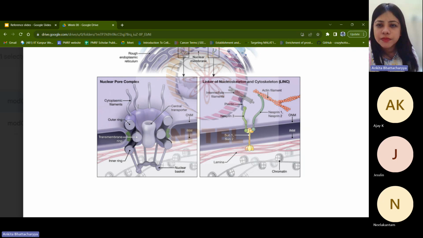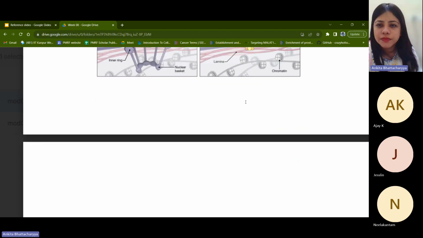On the right hand side, what you can see is the nuclear skeleton and cytoskeleton, which is being linked by the LINC complex. On the nuclear side, you can see the nuclear lamina, which is being connected by certain proteins like SUN1 and SUN2, nesprin, plectin, etc., to the actin filaments or to intermediate filaments within the cell. This is a little bit of extra detail, but if you want, you can remember that the proteins that link the nucleus to the cellular actin are nesprins, and those that link it to intermediate filaments are plectins. Too much detail, but for your understanding, you can keep it in mind.